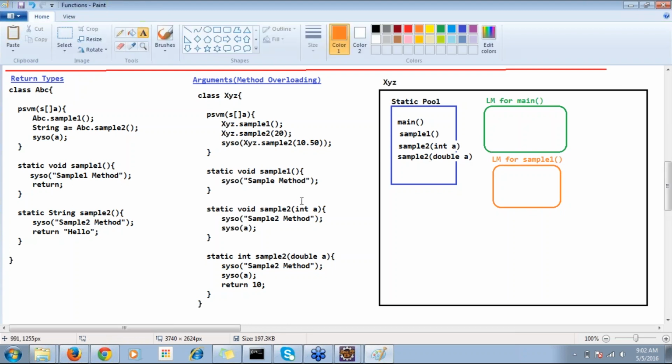So sample1 is created. Now what happened? It prints me the sample method as the output. Then execution stops. Now what happened? The memory is being deleted. Then next